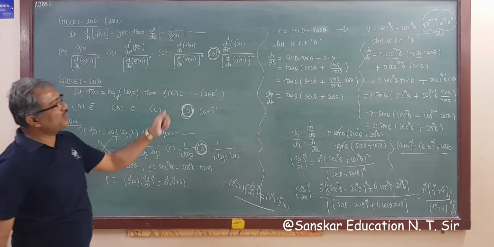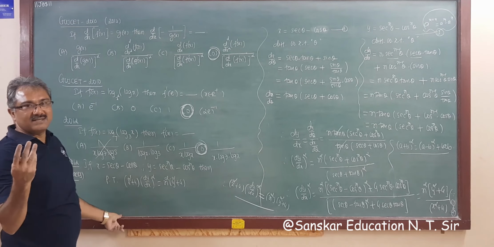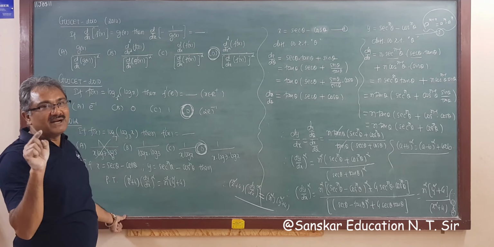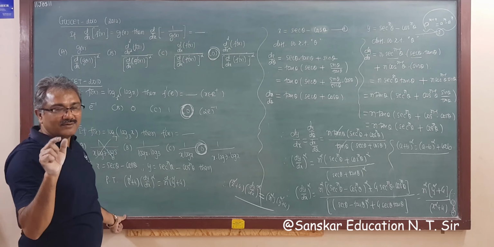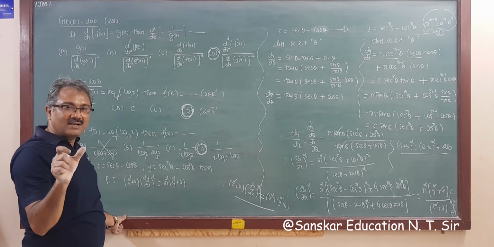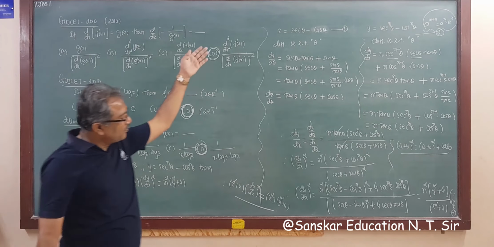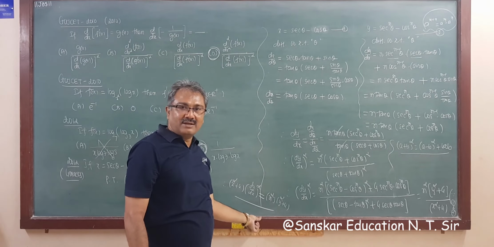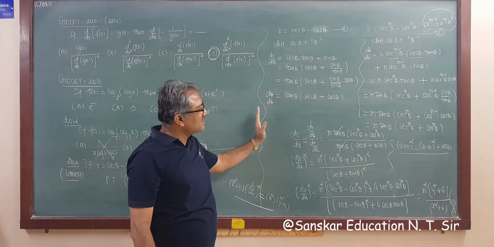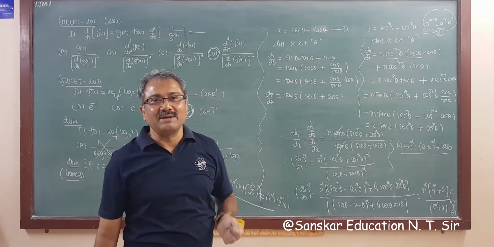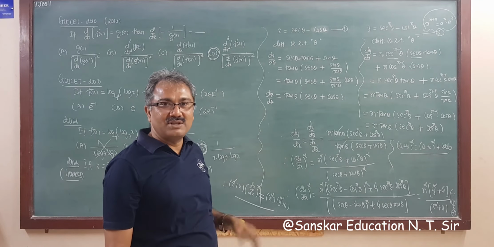So this is an important example for 4 marks, right? You have to find out only dy by dx, but finding dy by dx is not an easy task. So you have to do practice for this. Okay, solve this example at least 2 to 3 times, then you will be master of this. Okay.